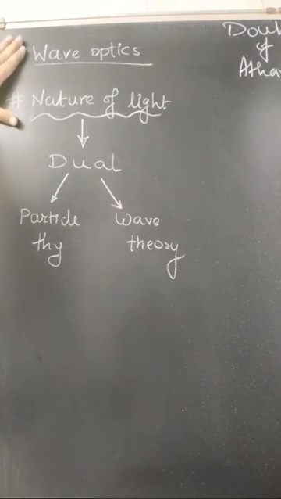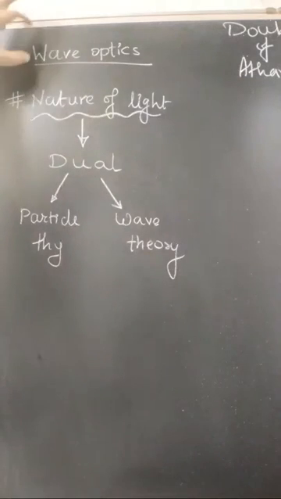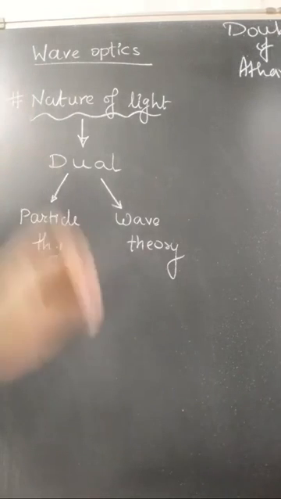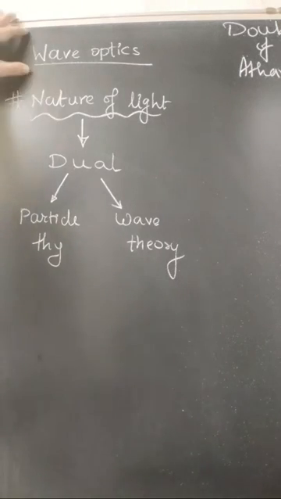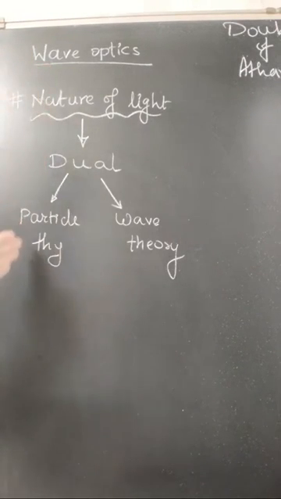Now beta, just focus over here. Everybody, focus over here. This is a beautiful chapter. And in your NEET examination, you are 100% getting one question from this topic. And the question is going to be very easy to solve. So 4 marks minimum you are getting from this topic. They can ask you 2 or 3 questions also. But one for sure they are going to ask, and that is an easy question. So wave optics, talking about nature of light. Light has a dual nature called particle theory and wave theory. Particle nature and wave nature,